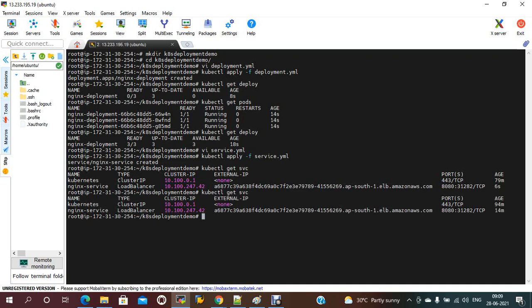Let me delete this one. kubectl delete svc, service name. It will take some time. It will delete the load balancer and everything.